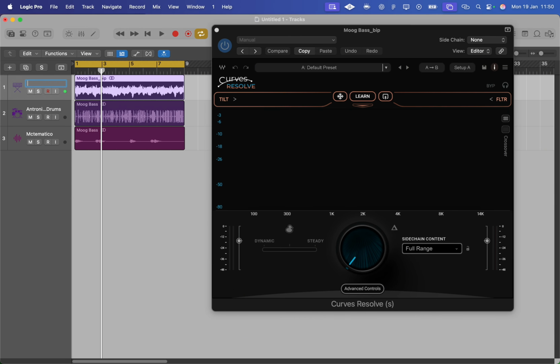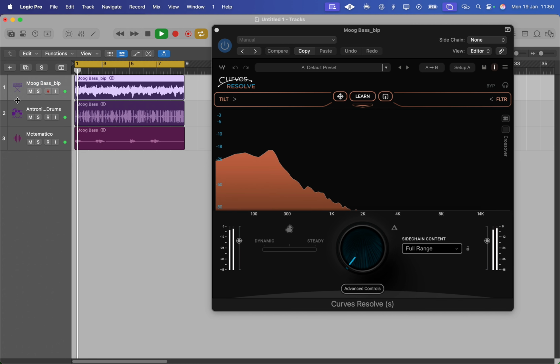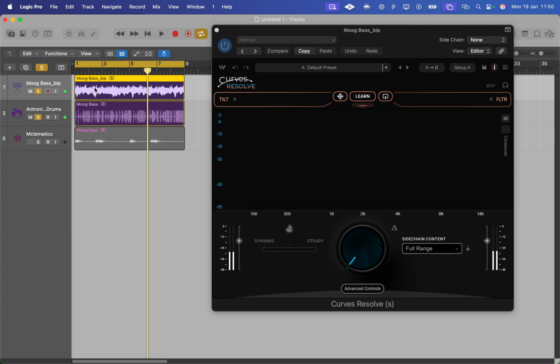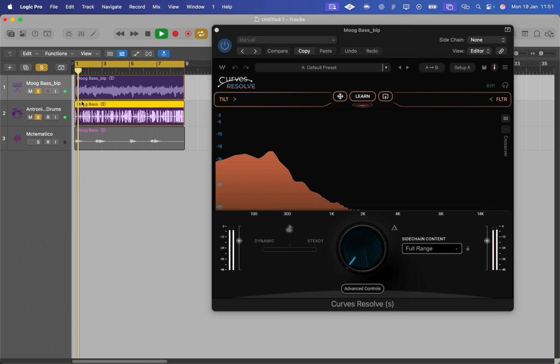I put it on my bass track here. I have this bass track and I want to side chain the drums, okay, to reduce the frequency clashes. So I want to resolve with this plugin the frequency clashes from this track, the drums,